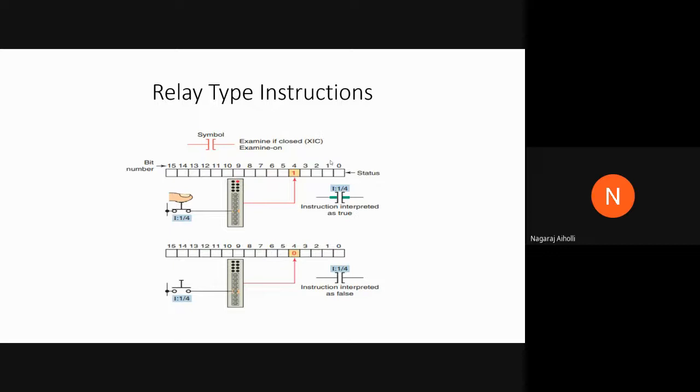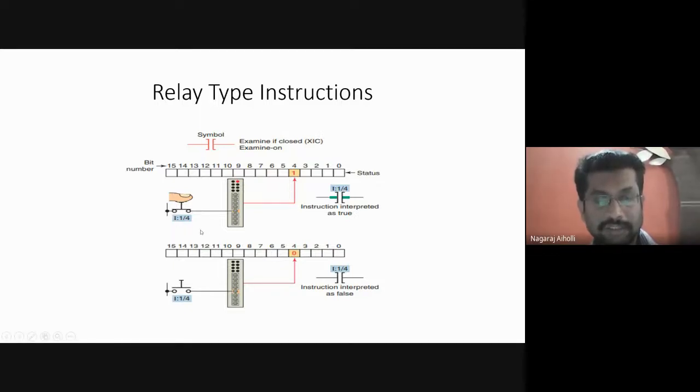Any idea here? Look, what is mentioned here? The address of the input, I:1/4. That means the address of the input device status is slot number 1, bit number 4. This 1 stands for slot and 4 stands for the bit number. Correct? Therefore, this is our slot number 1, and the bit number is bit number 4, that is 0, 1, 2, 3, 4. In bit number 4, the status is stored.